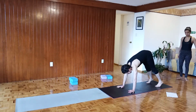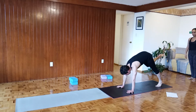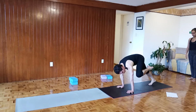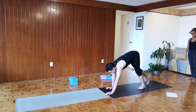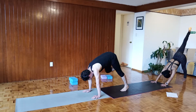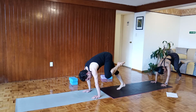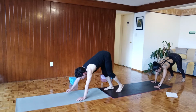Downward dog. Careful. Leg up. Knee to the armpit. Other foot pointing. Back, down, change. Knee to the armpit. And walk. 4. Leg up. Knee to the armpit. Back, down, left leg up, point the toe, knee to the armpit, press forward, down, back, down, walk, 1, 2,